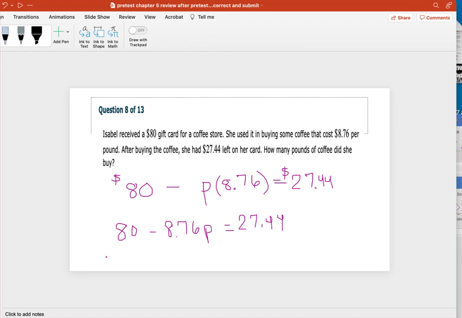So let's get rid of the 80. Minus 80, minus 80. I'm going to go ahead and put 0.00 on this side because we want to line up our decimals. So here, this is going to go out, and we're going to have negative 8.76p equals, now, positive, negative. We're going to subtract them. I'm going to put the 80 on the top so I can subtract them. But then I'm going to take the sign of the big guy, which is negative. So minus